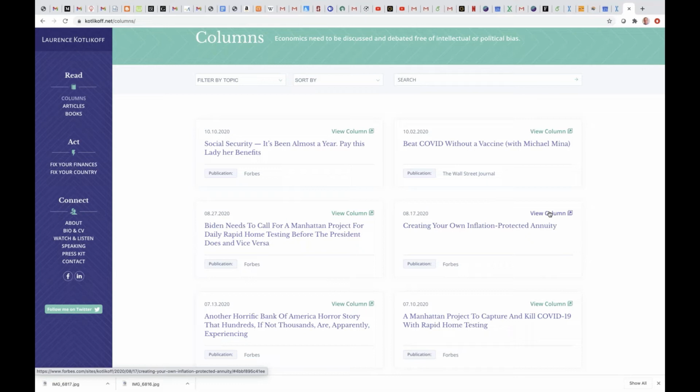So I would be very concerned about inflation going forward. So I would not be investing in an annuity that's not inflation protected in some manner, or a long-term nominal bond. That's my personal view. I'm not an investment advisor. I'm not a registered anything. That's just my 2 cents as an economist.